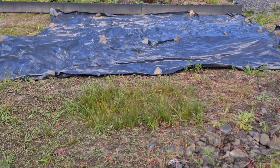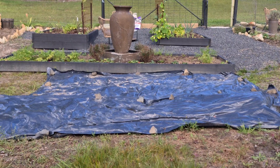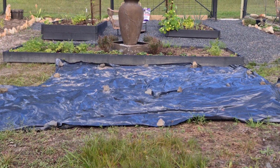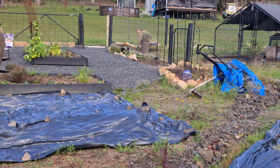Hopefully we can sort the water problem out. But if I can have them 3 rows high, that will actually give me so much more room to not have to worry as much about if we do get a lot of water come through. So as you can see, this is probably one of the lowest points of the garden, and the water does